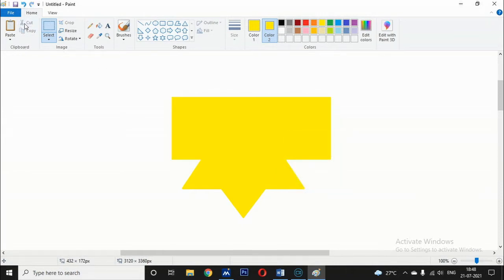Otherwise, in the ribbon tab you have to click this cut option and remove it. The selected portion can be cut. Remember this: when you cut a selected part, the area that is cut is replaced with the background color.